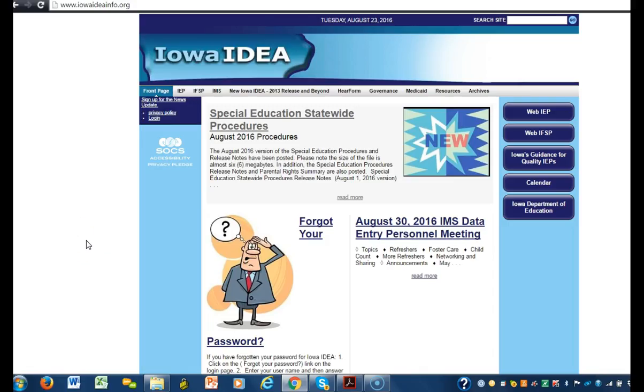So as we end, I just want to remind you again where you can locate this information. Many of you did access this through a blog entry, and those things are linked there, but a reminder that the most current statewide procedures are always located on this site that you're seeing right here, www.iowaidainfo.org.